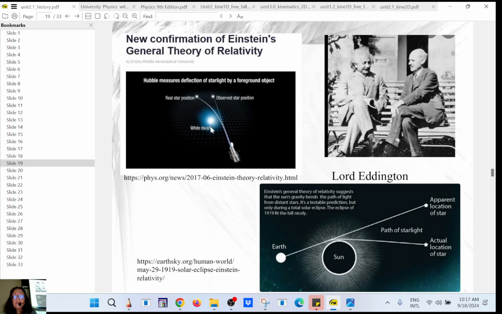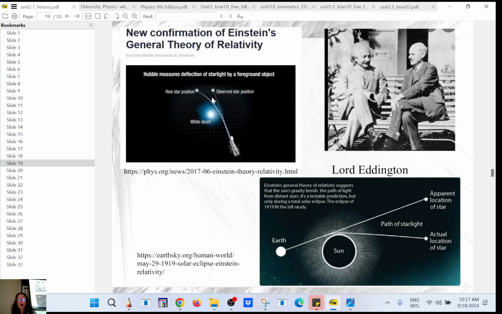In that case, you have the same thing. So here you have a white dwarf. That was done in 2017. You have a star here. And because the white dwarf is the remnant of a star that is very heavy, you see it's curving space-time, and the light is going to go this way, so you're going to see the star there. Okay? So that was a big revolution at the time.